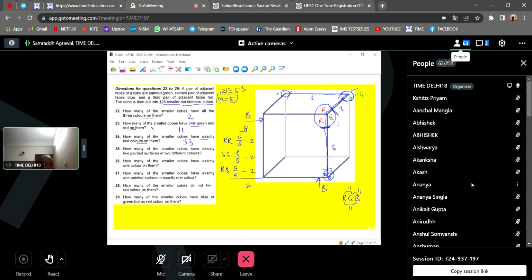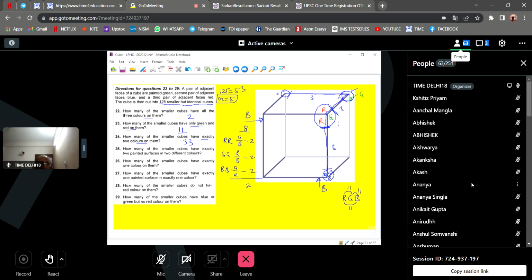11 हाँ सर। आ रहा 11 आ रहा है ना? कहाँ पे आएगा? वहां पे आएगा जहां पे रेड फेस और ग्रीन फेस मिल रहा है, ओके। वही आएगा ना? रेड ये है और ग्रीन बैक पे है, तो ये वाला जो है इधर रेड होगा, उधर ग्रीन होगा। रेड ये वाला है और ग्रीन राइट पे है, तो ये वाला एज भी जो है रेड और ग्रीन होगा। उसी तरह से यहाँ पे भी रेड और ग्रीन होगा तीसरे साइड पे। ये रेड है फ्रंट और ये ग्रीन है, ठीक है। इसके बाद कहीं पे भी रेड और ग्रीन नहीं मिल रहे, इन तीन एजेस पे मिल रहे हैं, एक इस पे एक इस पे और एक इस पे, ओके सर। ठीक है।